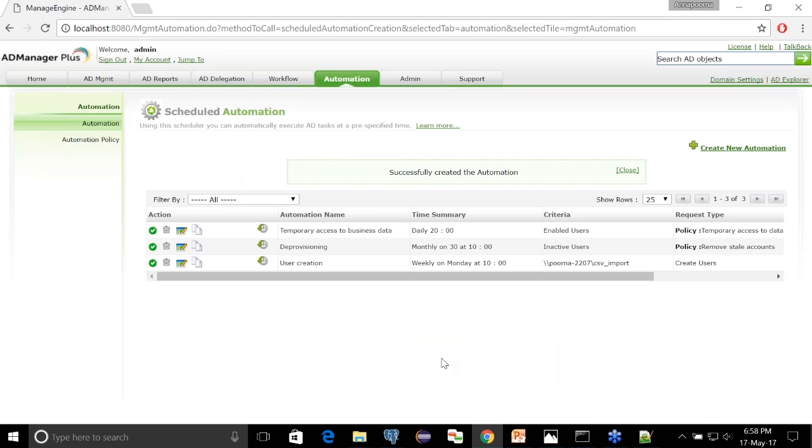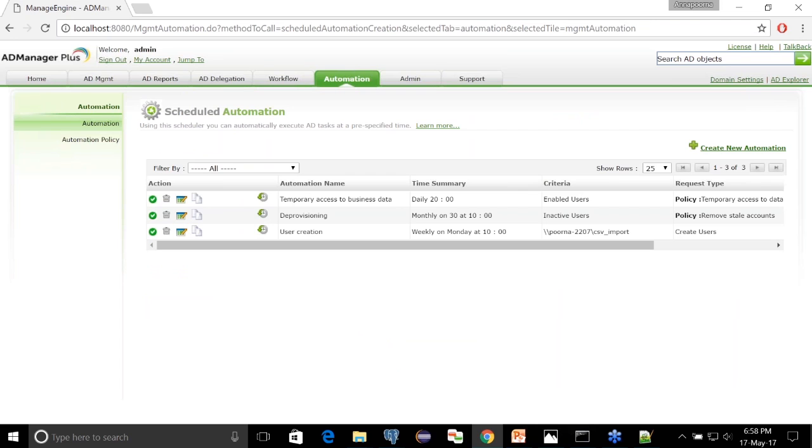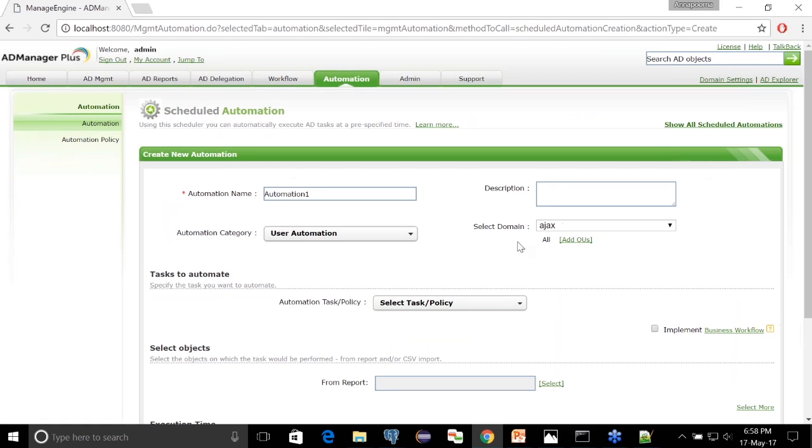Okay, so likewise, if you want to add photos for your user account, AD Manager Plus lets you manage the user's photo using automation. Let me show you how. Click Create New Automation and I'm going to name this as Change Photo.